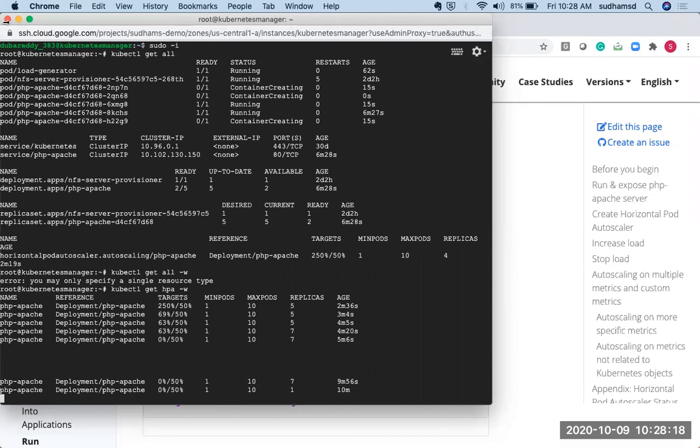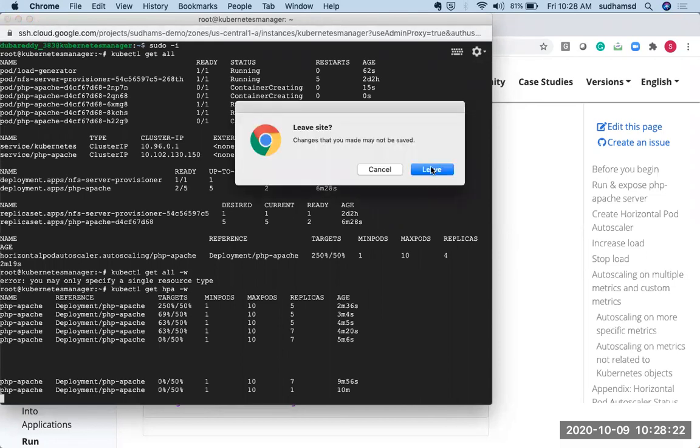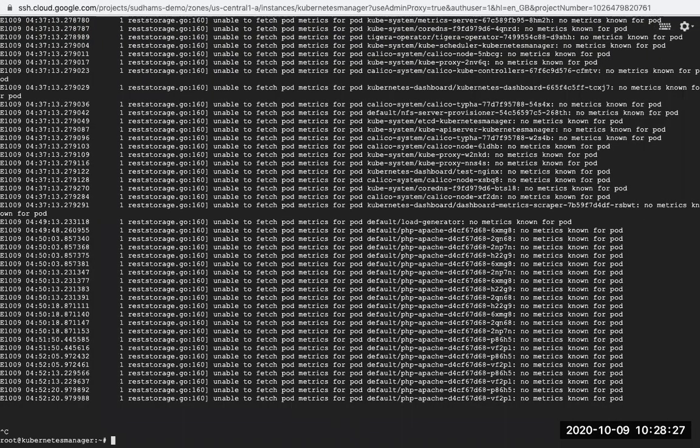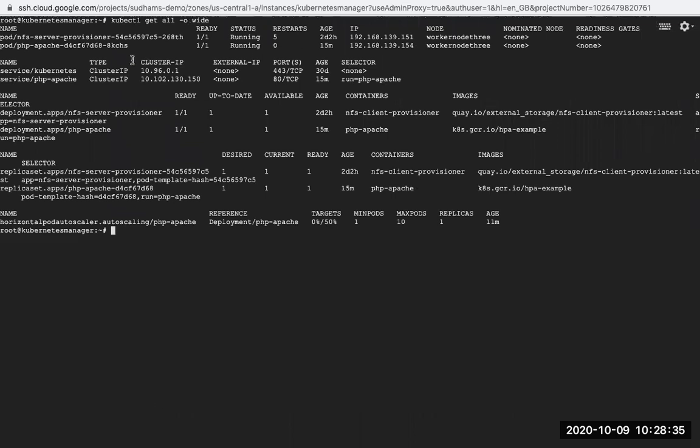This is not needed now. Okay, now if you see, the replica got reduced. It actually took so much time. But anyway, now if you see the replicas, the replica count got reduced to 1. So the issue is sorted out. Okay, no need to report. So now we can say your replica came back to 1.